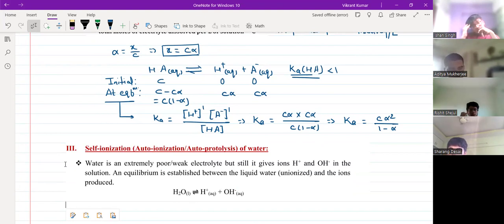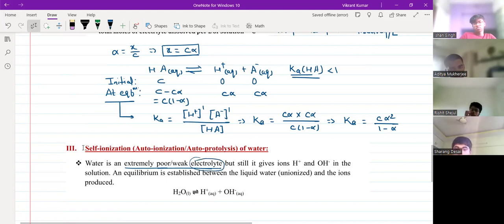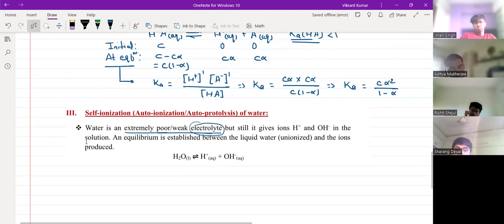But we know that salt water, and salt water with any electrolyte, will become a good electrolyte, but water itself, if I am having pure water, it is an extremely poor or weak electrolyte. ये जो extremely poor और weak electrolyte है ना, but it is still an electrolyte. मैंने ये नहीं बोला कि it is non electrolyte. It is still an electrolyte. तो इसके आयनाइजेशन को हम लोग ऐसा बताते हैं: H2O giving H+ and OH-.